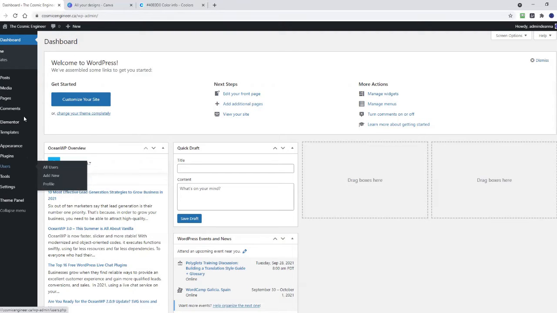So in the earlier video, we installed Elementor, which is a plugin, and this is basically how we'll build most of the look of the pages. And we also went over the customization. I think I discussed a bit about widgets, and menus is going to be